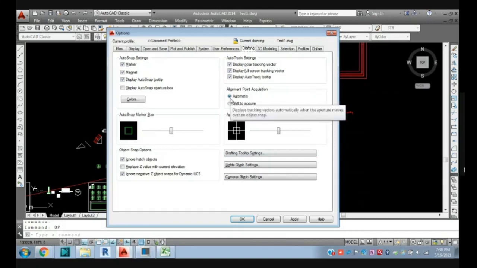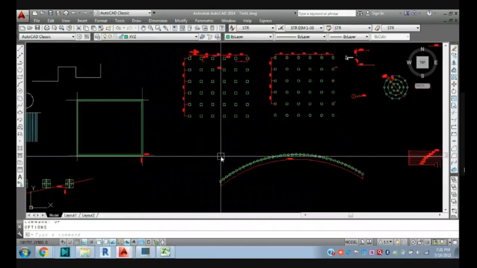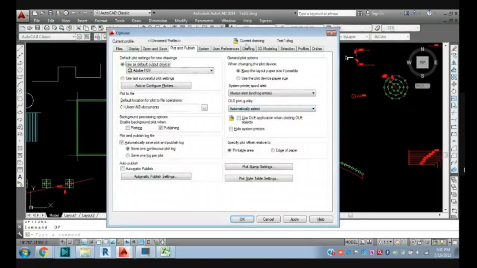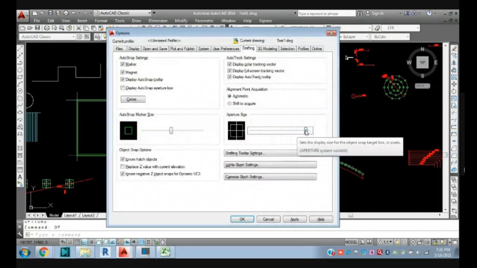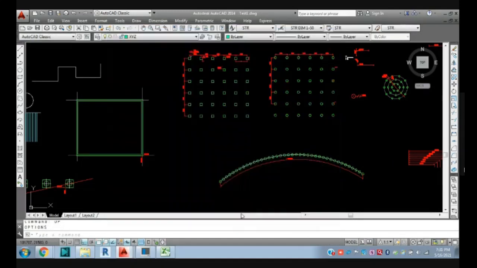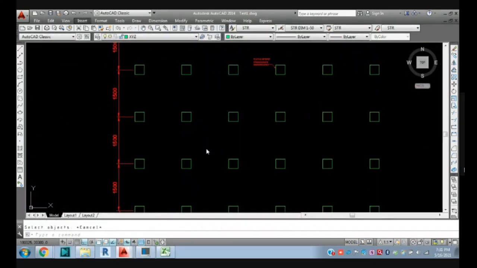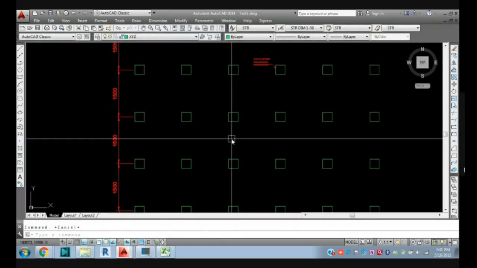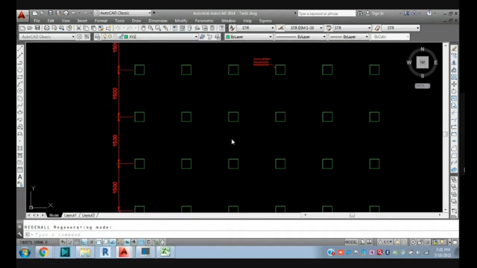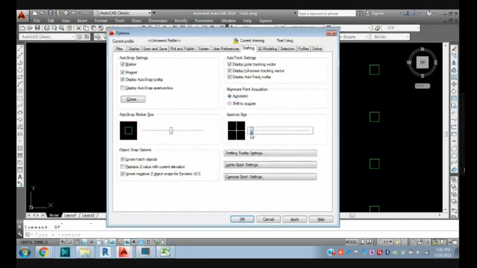Then in drafting, we have some options here: auto snap marker size, then aperture size. Aperture size means I will show you this aperture size rectangle. If I increase this size and click apply, okay, you can see this. Let me go again to options and minimize it, apply, okay.